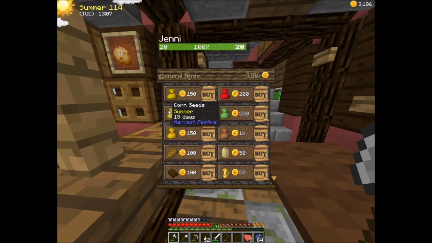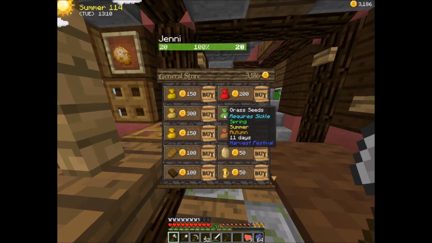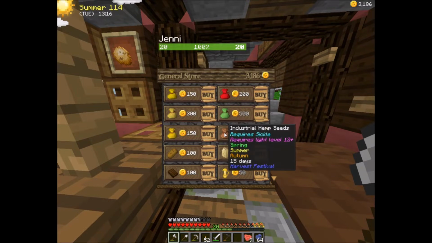She'll sell you seeds. So tomatoes are 10 days. Corn is 15. It grows in spring, summer, and autumn. See how it has it on there? And that's important because at the top left, you'll see it's summer 115. I'm not sure how